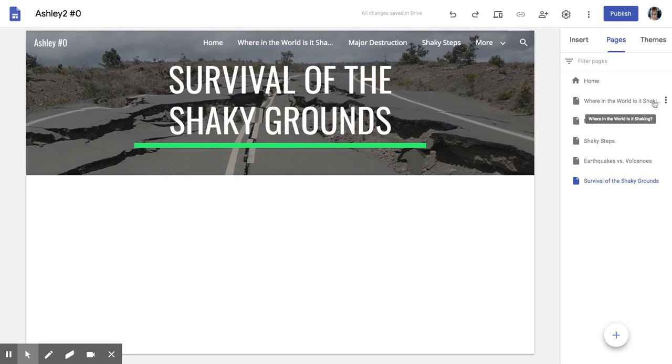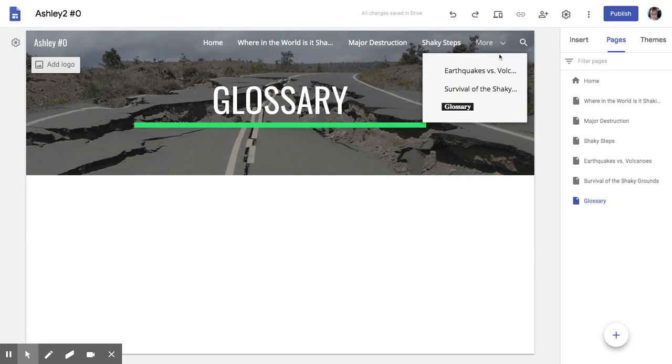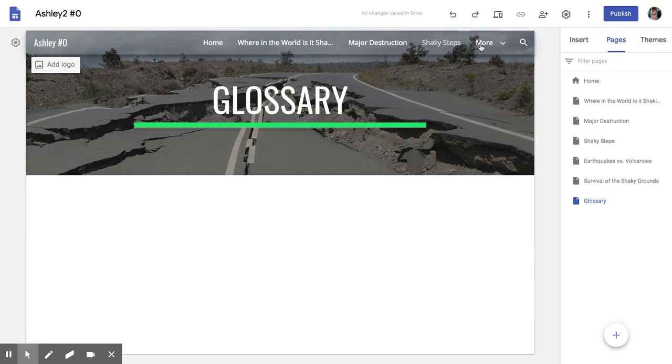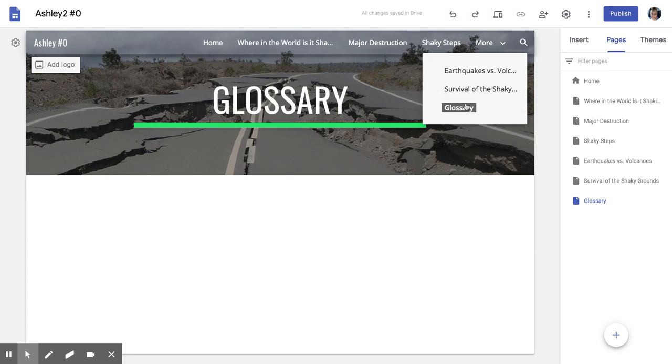I have all my text structures. I have description. I have cause and effect. I have order sequence steps. I have compare and contrast, and I have problem and solution. The last page that I need to add on my website is a glossary. All right. So now I have all of my pages that I need to decorate and put information on to